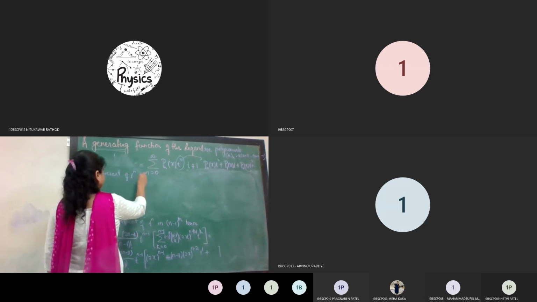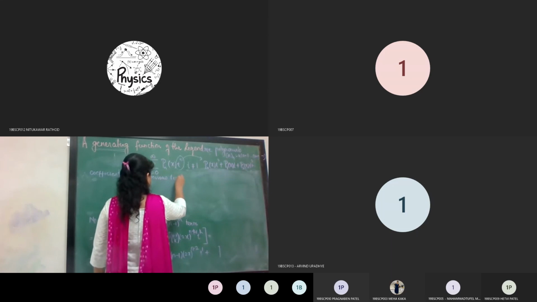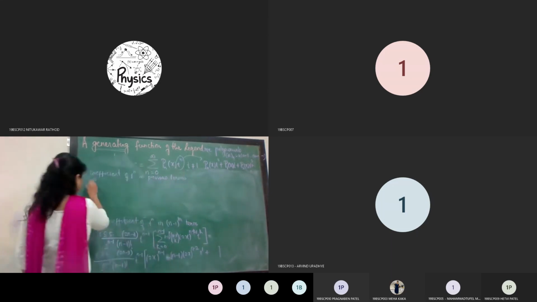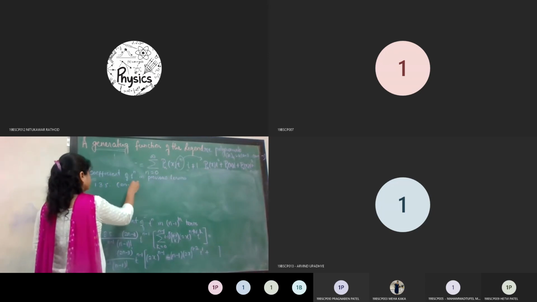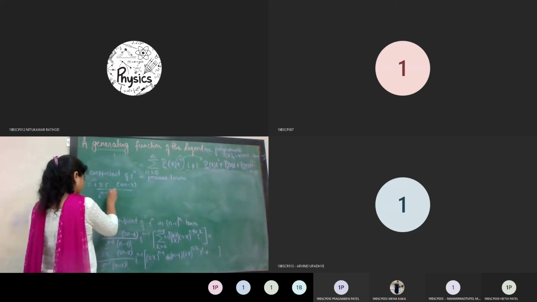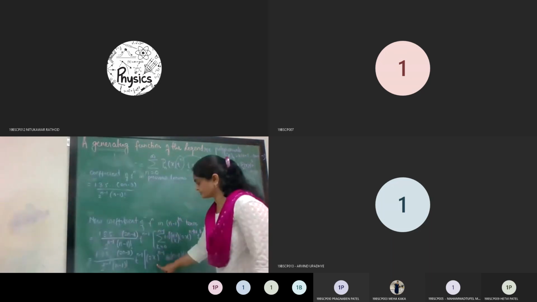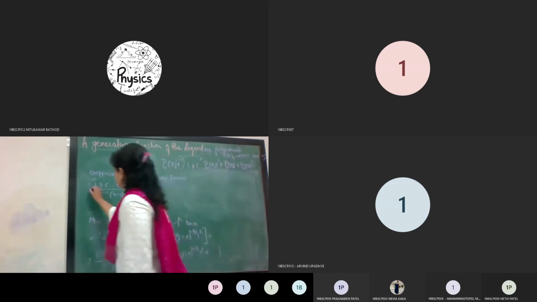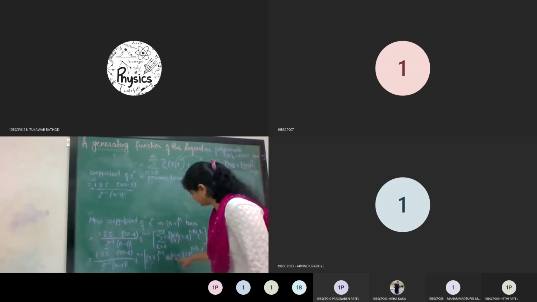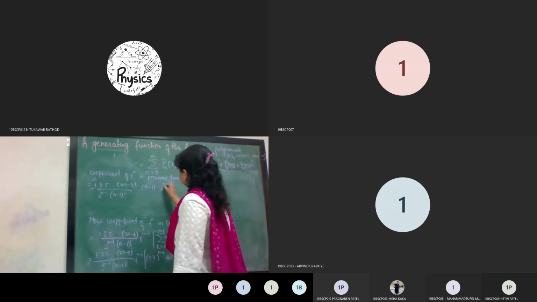Coefficient of t raised to n in the previous terms is equal to, so that is this one, 1 into 3 into 5, 2n minus 3 upon 2 raised to n minus 1, n minus 1 factorial. And here we will not use this term because it will give you 2 raised to n minus 1 coefficient. So we will use this one. So I will write minus sign over here because of this one, and it will be n minus 1, 2 raised to n minus 2, x raised to n minus 2.